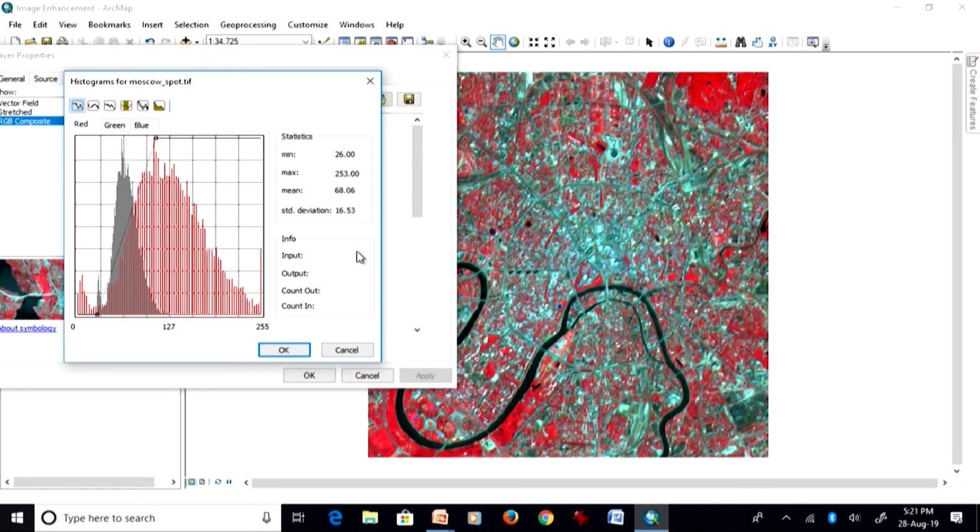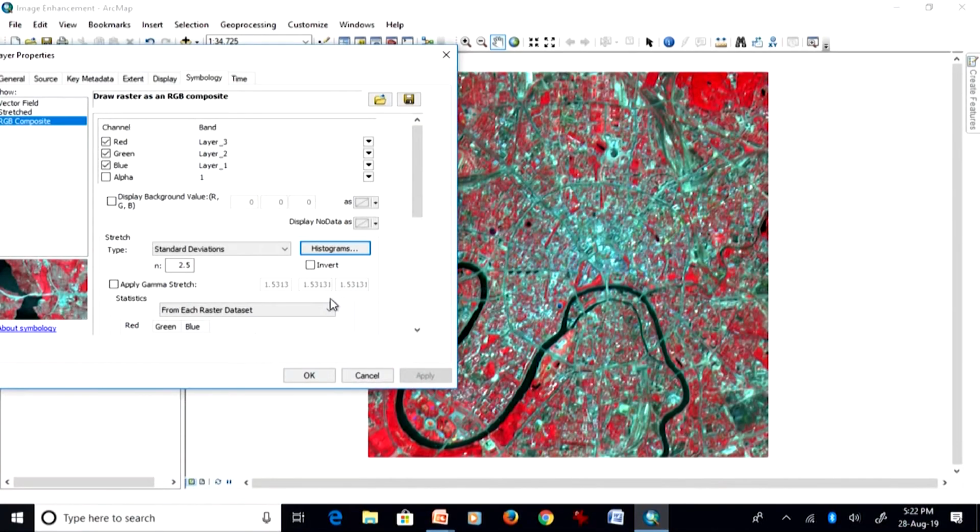So this way we start doing our image enhancement. I will repeat again that it is not necessary that for all the images we will do it the same way. It is not. It depends on the image, and even if the image belongs to the same area but a different season, different enhancement techniques would be performed.